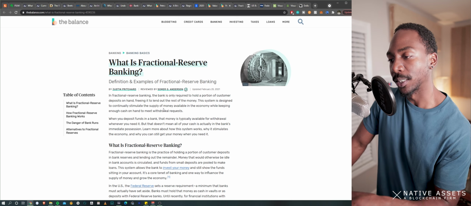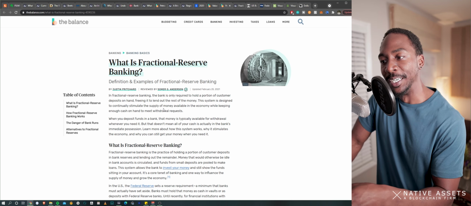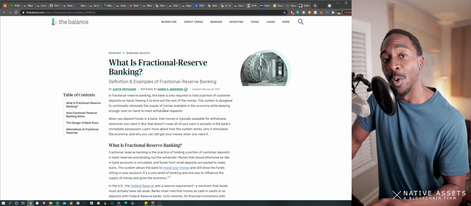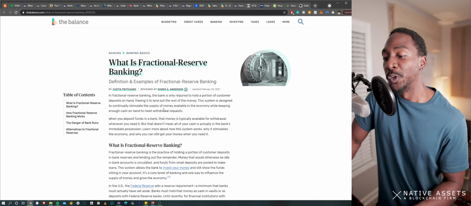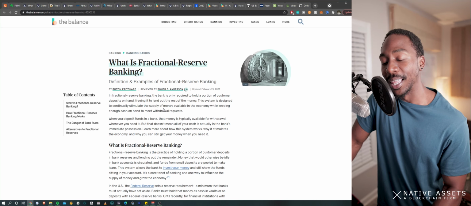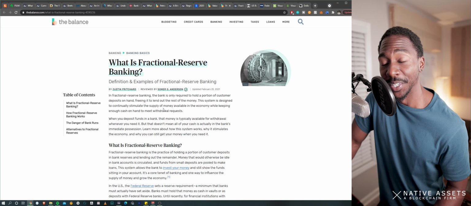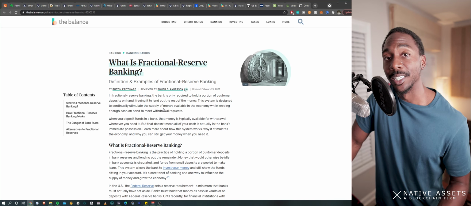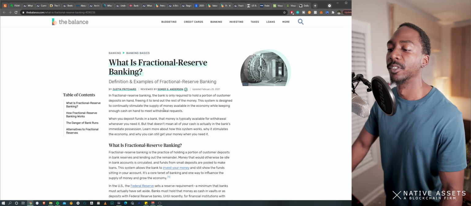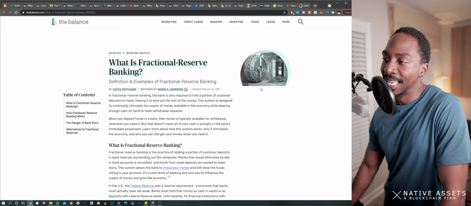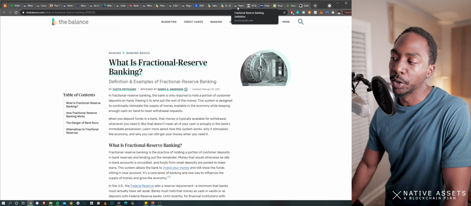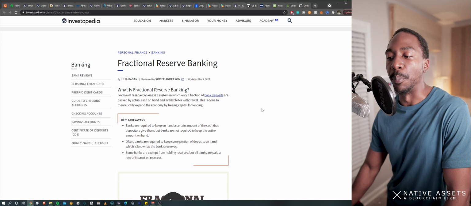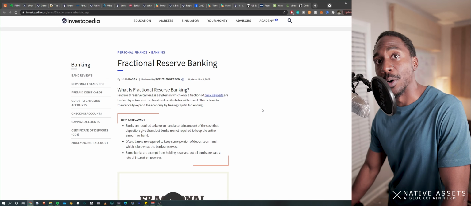So take everything we just discussed about how the fractional reserve system operates, and now take that understanding that the requirement is not 10%, it's 0%. So they can take 100% of your money that you put in the bank. They can take all of your 100,000 and lend it out. And then the next person, they can take all of that loan and lend it out. And it just creates more and more and more debt. So fractional reserve banking is a threat to your wealth because it erodes the actual underlying value of money, and it actually eats away quite viciously at the purchasing power of the underlying currency.